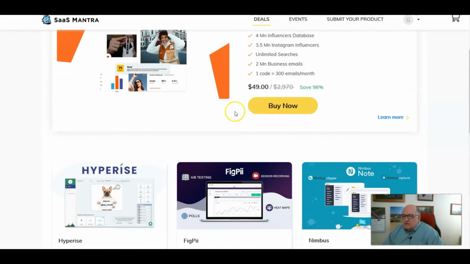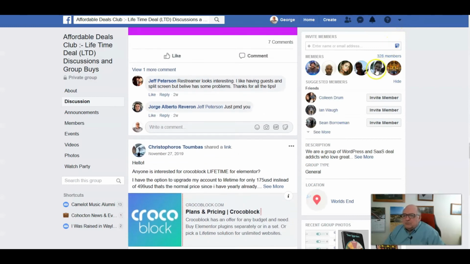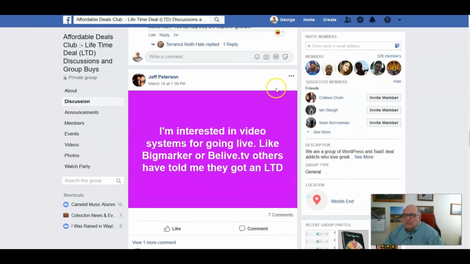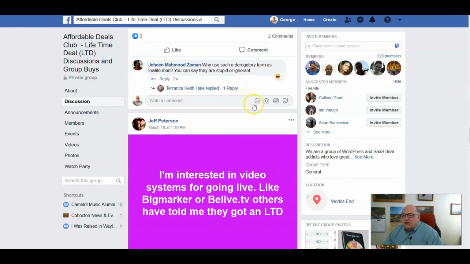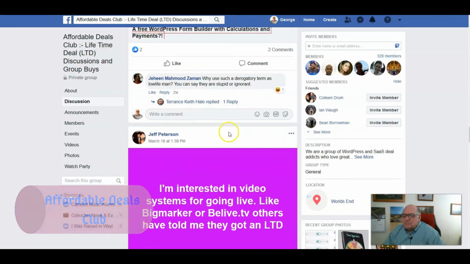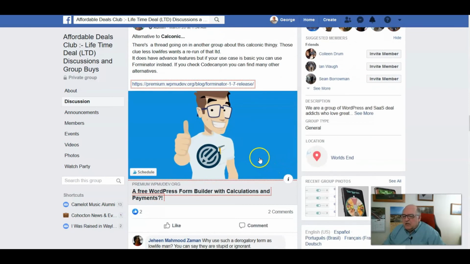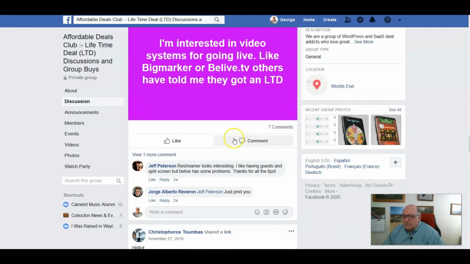As far as this is SAS Mantra. The last one appeared to be a Facebook page. It is a good place again. It's simply talking about Affordable Deals Club. And it appears that in the conversations here that they will talk about a new free WordPress plugin that's available. The gentleman that has the page,